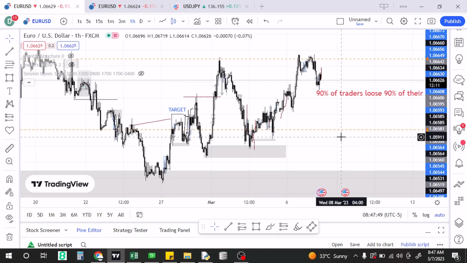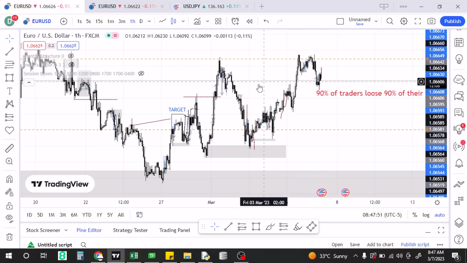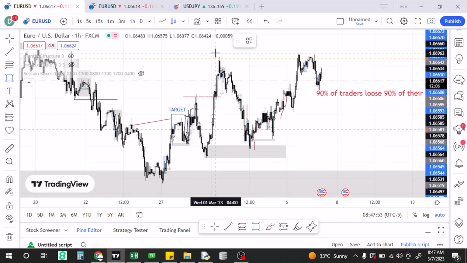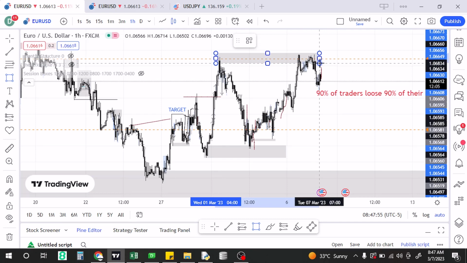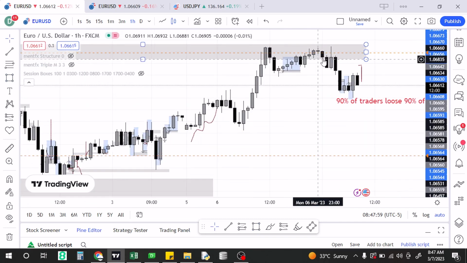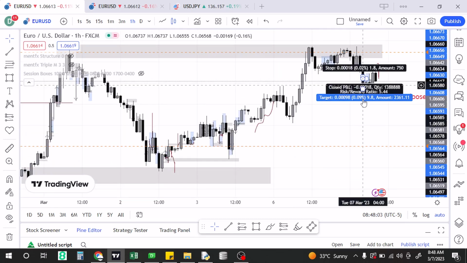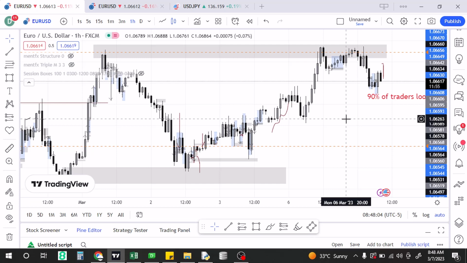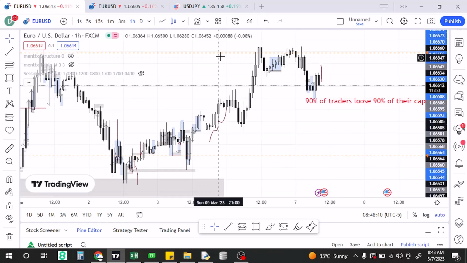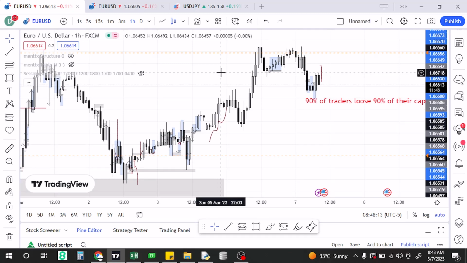You have to state the entry confirmations. After you see this M pattern right now, what is going to be your entry confirmation? How are you going to enter the market? Are you just going to enter blindly? Are you looking for a bearish engulfing? Are you looking for a bullish, whatever, a triple, whatever you want to look at? Write it, state out why you are actually taking the trade.